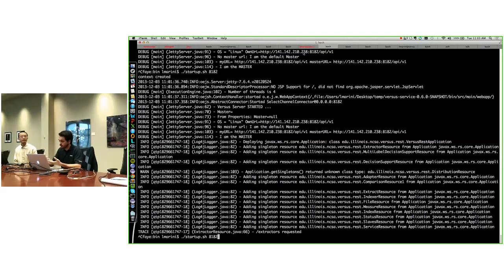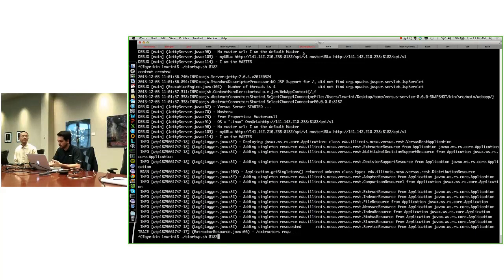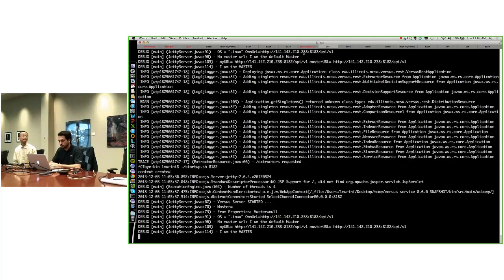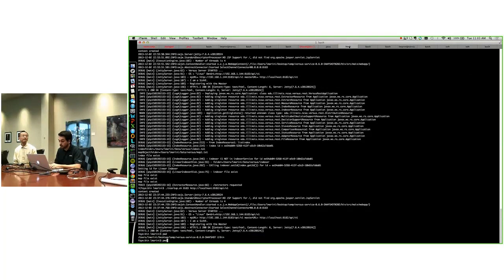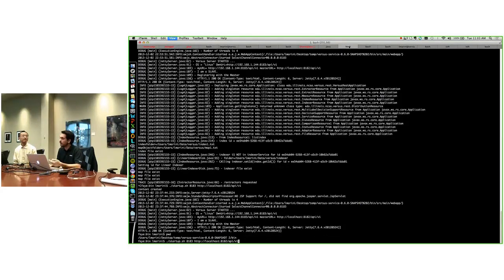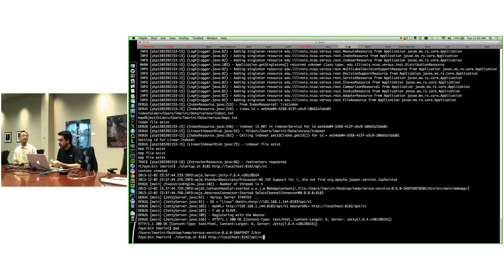I made multiple copies, and some have some jars, some don't. So I go into my first copy and I run the service on port 8182. It starts up on port 8182. I can go to it. Now I go in my second folder, and then I run the service on port 8183. I also provide a third argument. This third argument is the fully qualified URL of the master. In this case, I'm on port 8183, API version 1. When I execute,